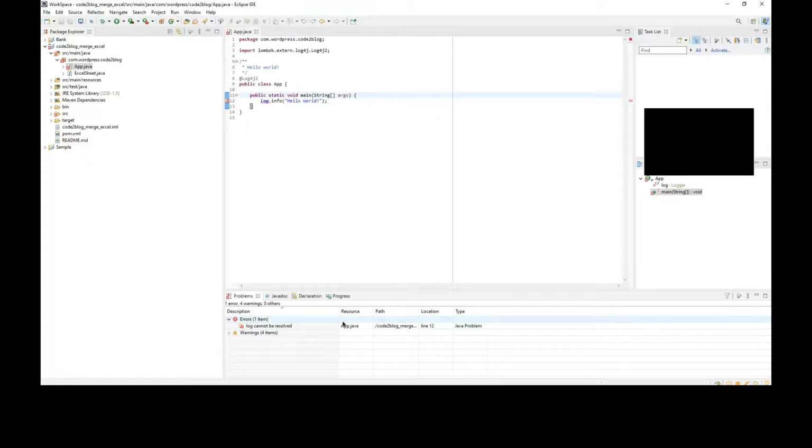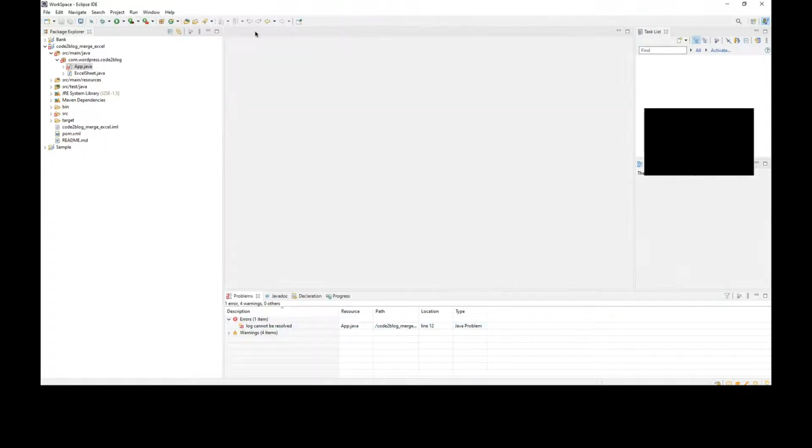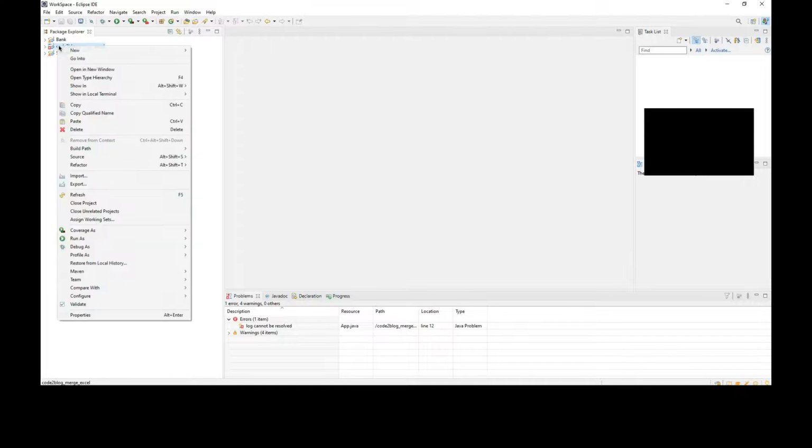Close this file. Close the project and reopen that project. Right click and say close.